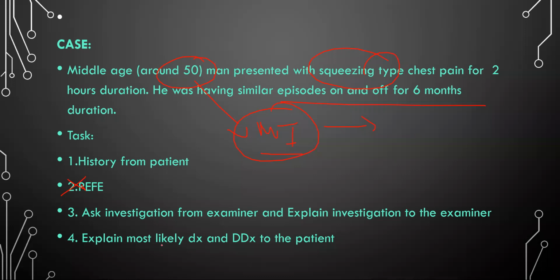This was a normal ECG. The most likely diagnosis will be reflux, and then you have to give differentials. Now, if you don't ask about DD, from where can you give your differentials, right? So that's the thing. If DD is a task, your history should cover many differential diagnoses.